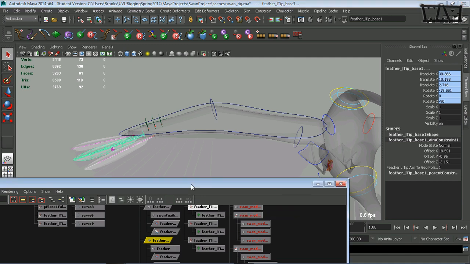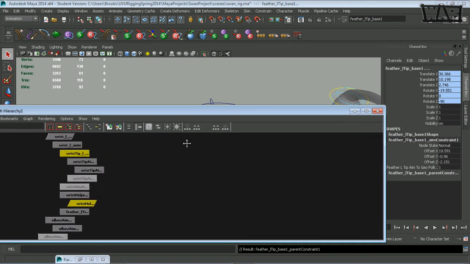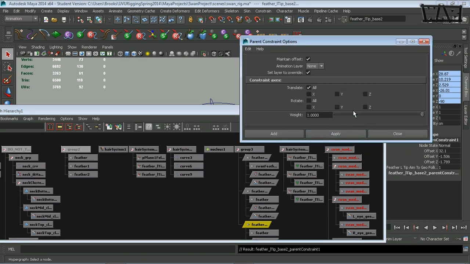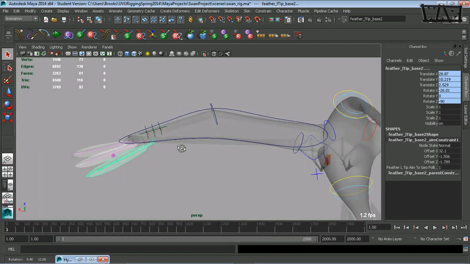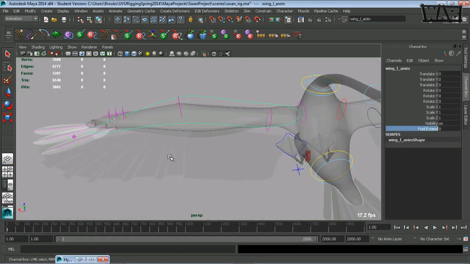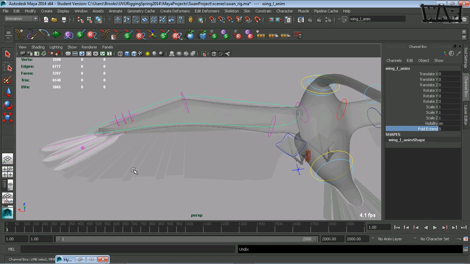Okay. Then we'll make sure those are still selected. Deselect that one, and then select the next one. We'll click apply on our parent constraint. Now all three of those should follow just fine. Okay, and in fact they do. Okay, so the only thing we really have left to do